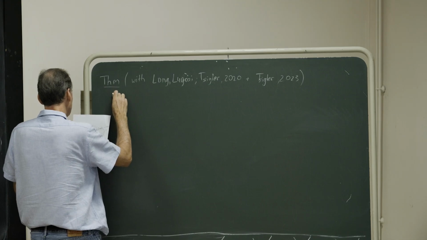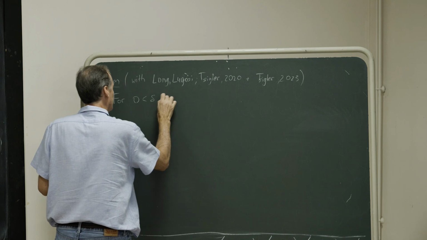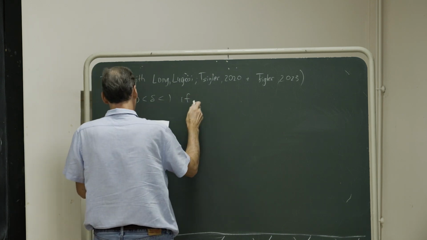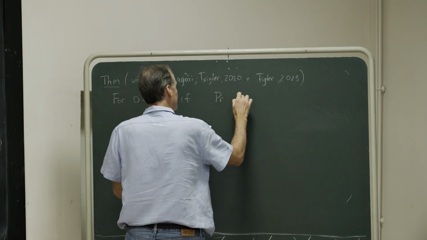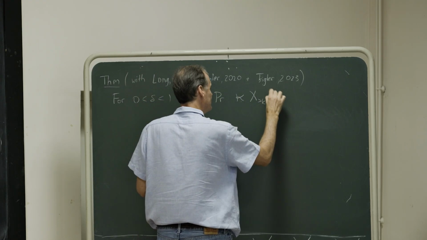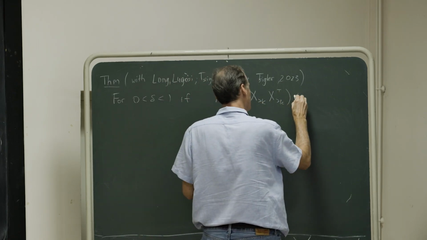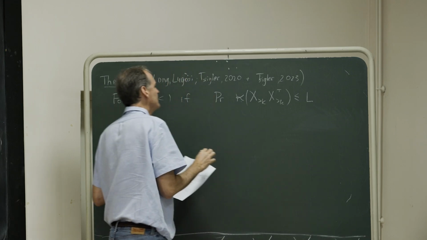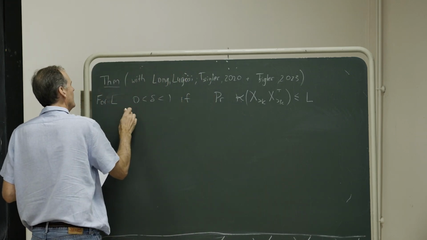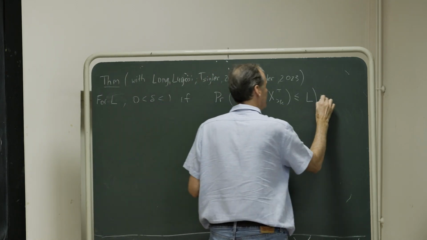So for delta less than 1, if the probability that the condition number of this greater-than-k Gram matrix is bounded by some constant L, so for L in delta, if this is bounded by that with high probability,